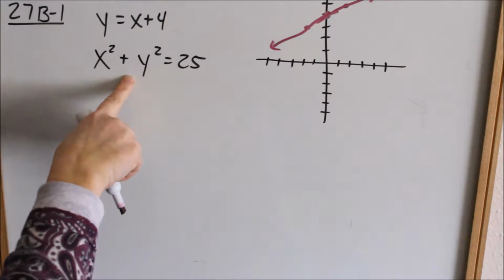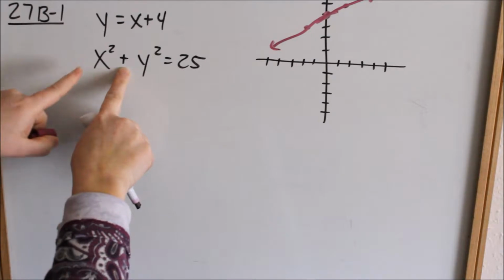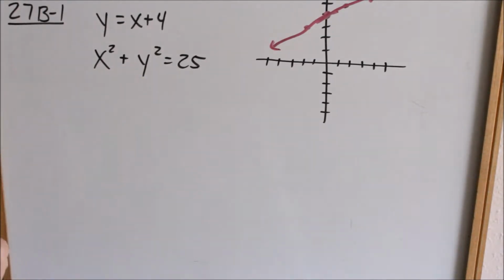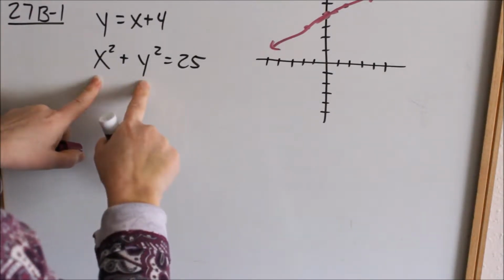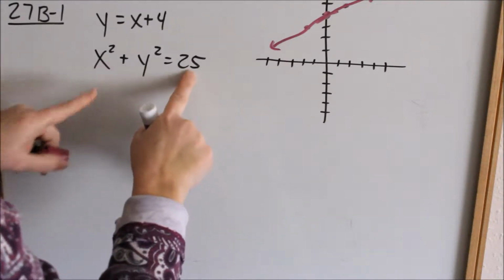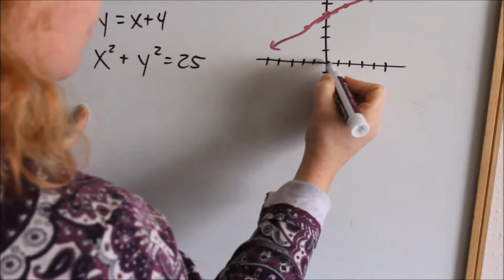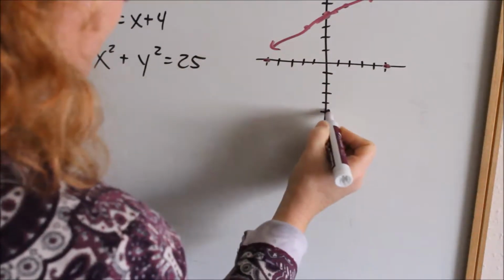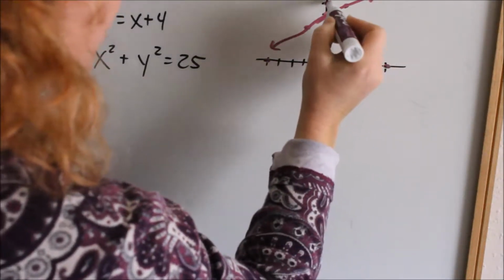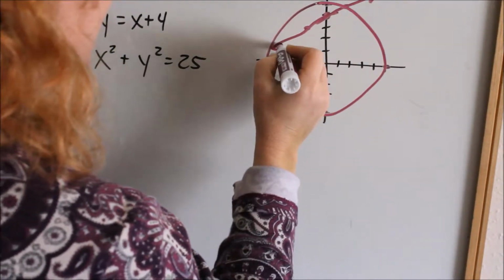Then this, I recognize it's a circle. My coefficients are 1, they're the same, and I've got a plus sign, and both x and y are squared, so it's a circle. When there's no parentheses, my center for the circle is the origin, 0, 0. Then my radius is the square root of this, so my radius is 5. If my center is the origin and my radius is 5, I'm going to count out 5 in all directions. I'm just graphing this as an estimate. So if I extend my line out,